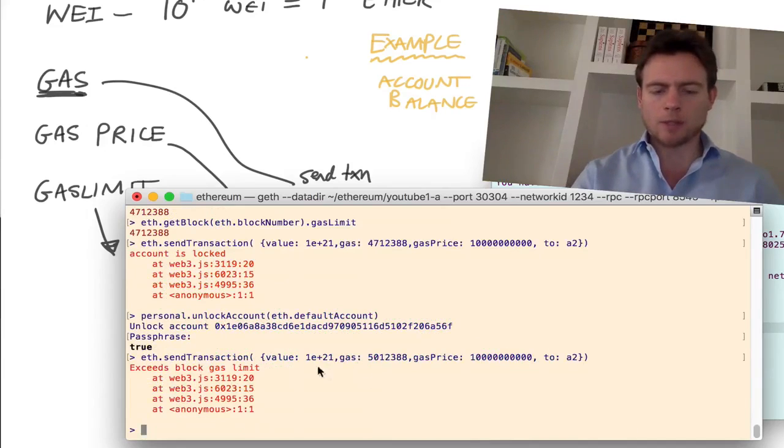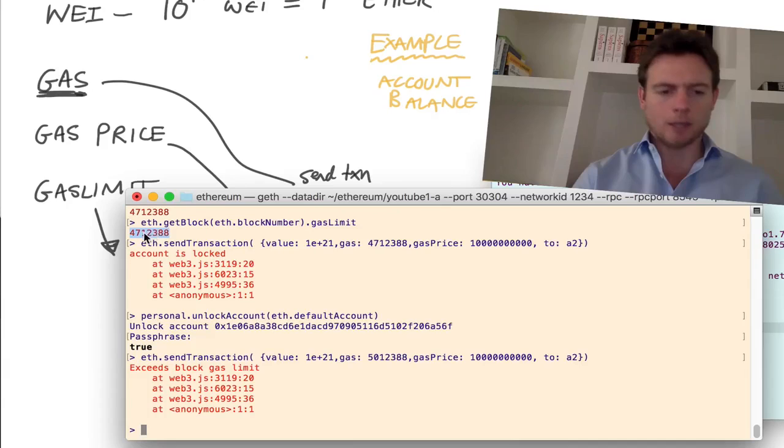And just to give you an example here, I just tried to send another transaction exactly as we did before. The transaction itself is no more cumbersome or complicated. It's the same transaction. We're just trying to send this amount of ether with this gas price, but we've specified a gas value in the transaction, which at the transaction level is the gas limit. We've specified a number that is just slightly higher than the gas limit of the current block,